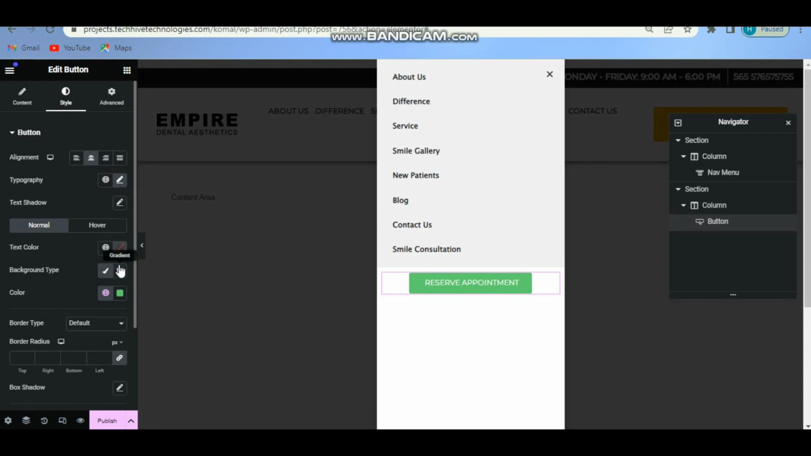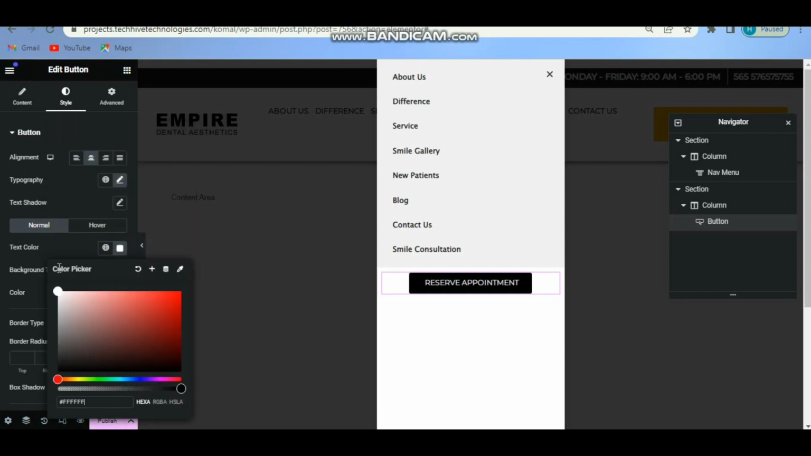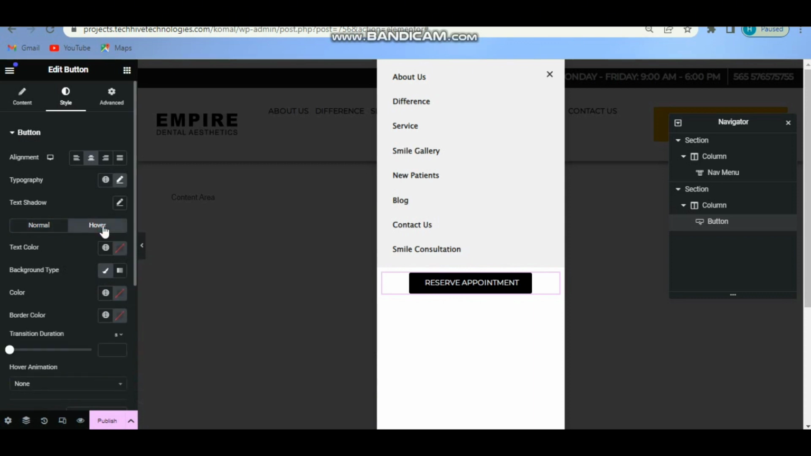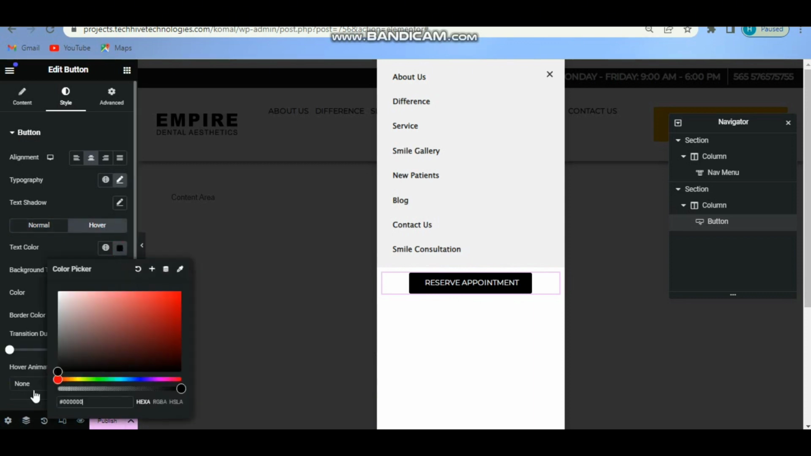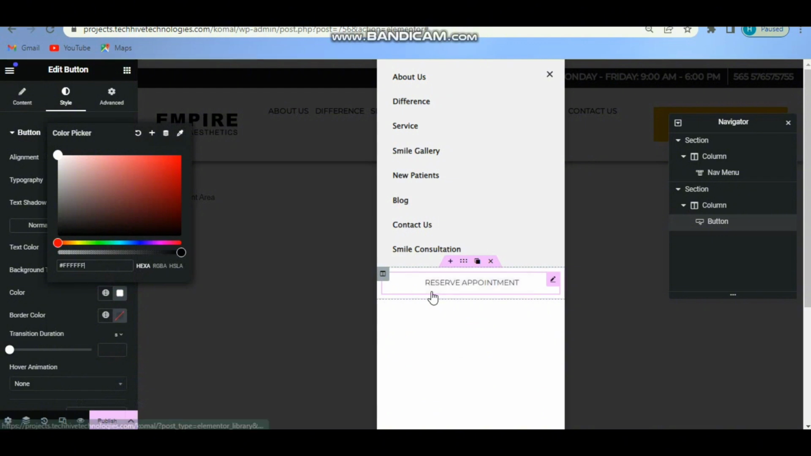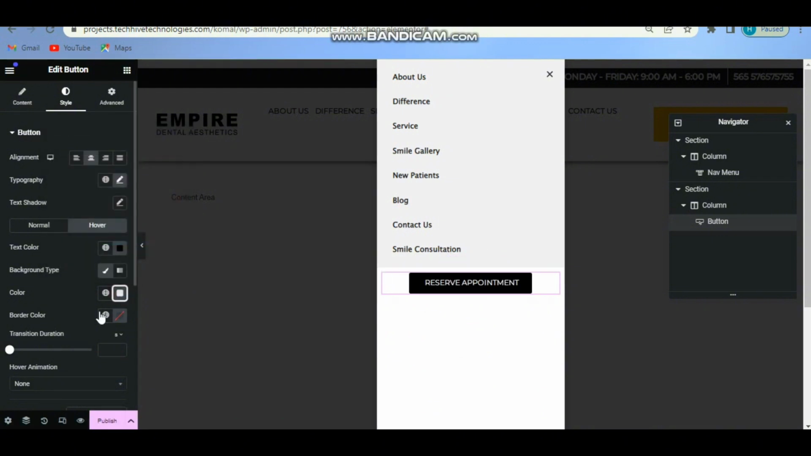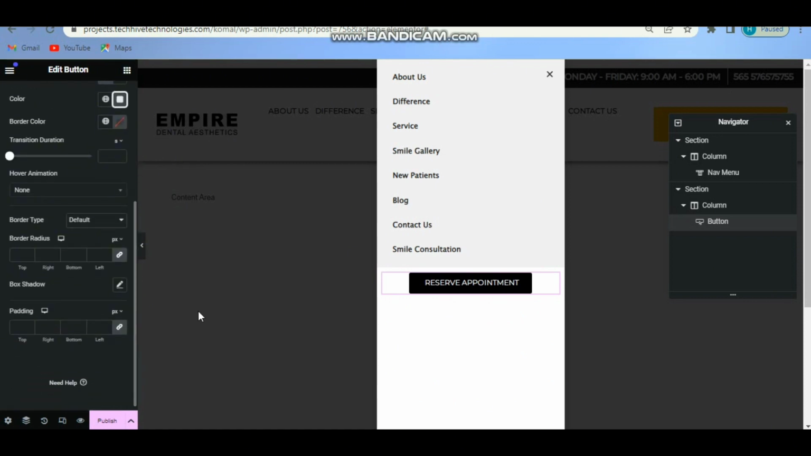give it a color now, and when I hover on it, like that. I do not want to give it any like a border color or like border. Give it a padding,